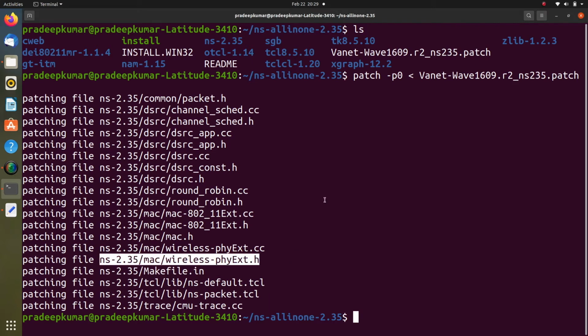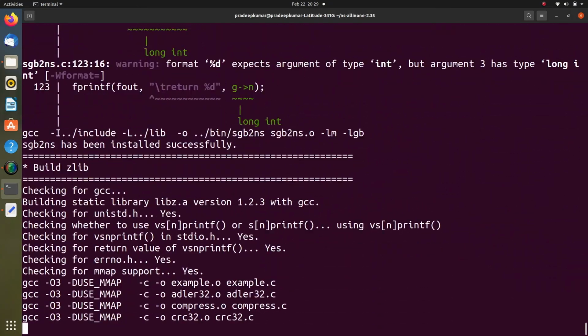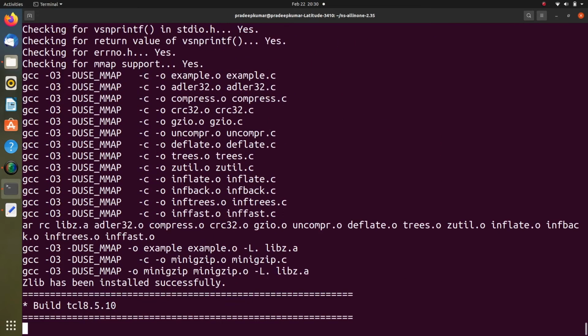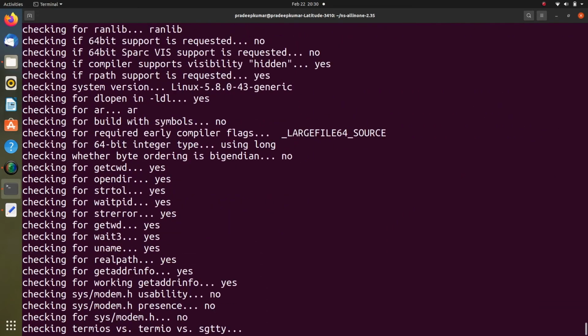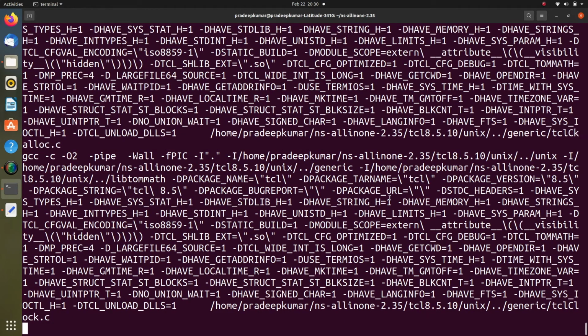Okay. So now to compile. So far we have not installed anything in ns 2.35. This is the first time we are installing it, so we have to go with /install. Without any error, it should compile, and it has to give the path information. Anyway, I'll just pause the video for now. Once the installation completes, I will switch on the video again.